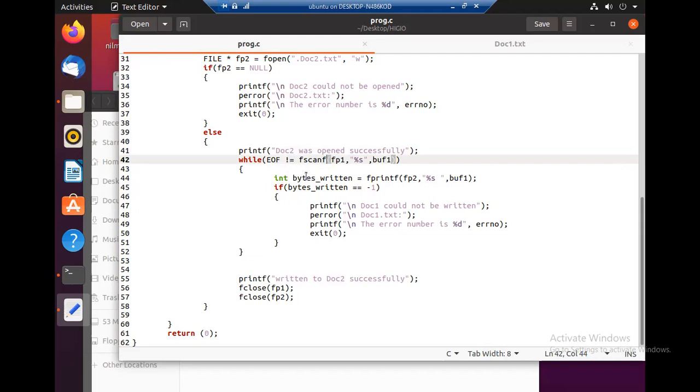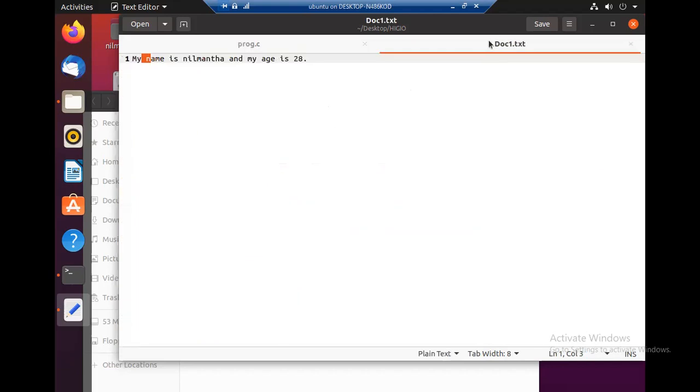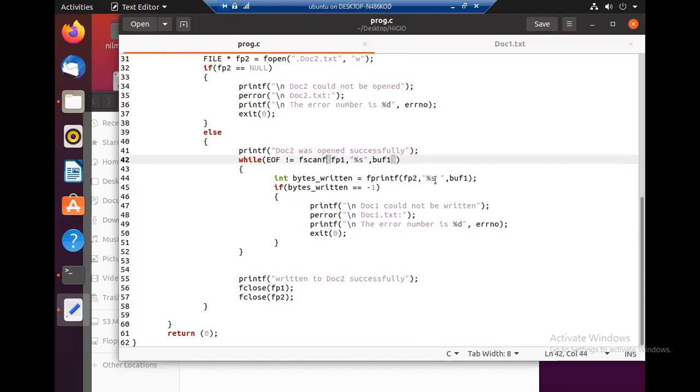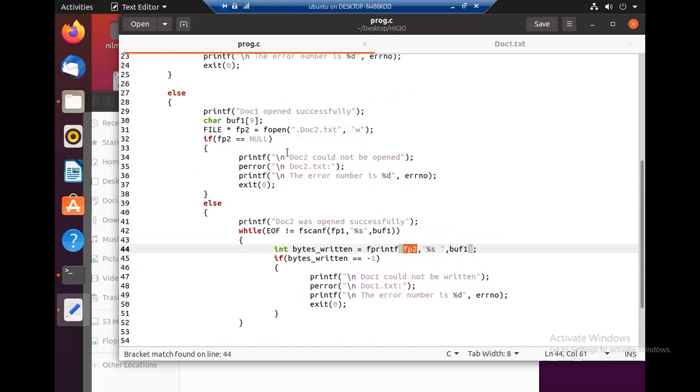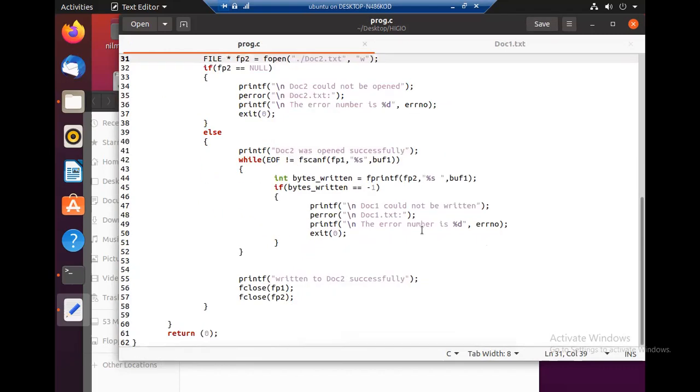And what will be written? What is written is what is in buffer 1. So now buffer 1 will contain my. The word my will be written with the space to file pointer 2, the file at file pointer 2. File pointer 2 is the document, so this one should have document2.txt. So the first word will be written. Then again,